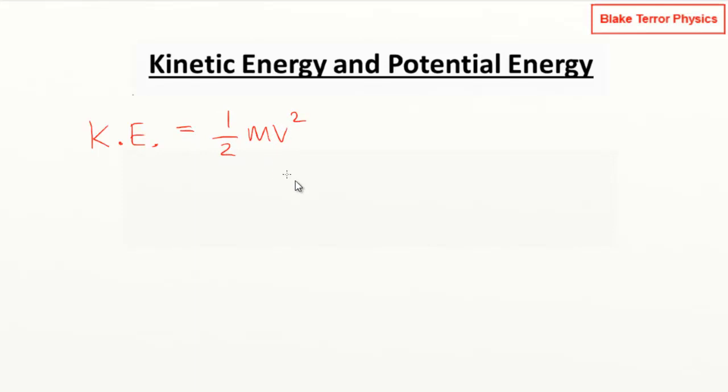So as I'm sure you're all familiar with, the kinetic energy of an object is 1/2 times the mass times the velocity squared. You'll note that this is a relative value because the velocity is going to depend upon our frame of reference, something that we've been talking about quite a bit already. So there's no absolute value here of kinetic energy. It's going to depend upon how we've set up our reference frame, but that's fine because usually we're looking at changes in energy before and after certain events. But that is our energy associated with a single object. It's just based upon the motion of that object.